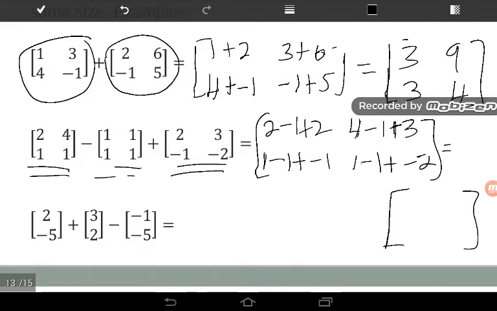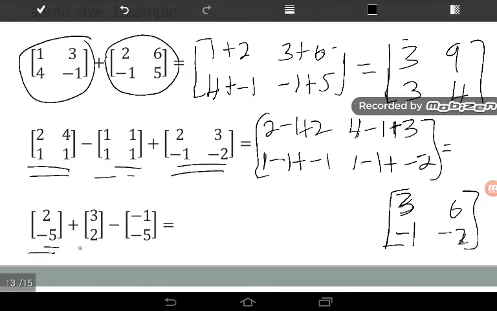So 2 minus 1 plus 2: 2 minus 1 is 1, 1 plus 2 is 3. Then 4 minus 1 plus 3 is 6. 1 minus 1 plus negative 1, so negative 1. 1 minus 1 plus negative 2, so negative 2. And the last one is